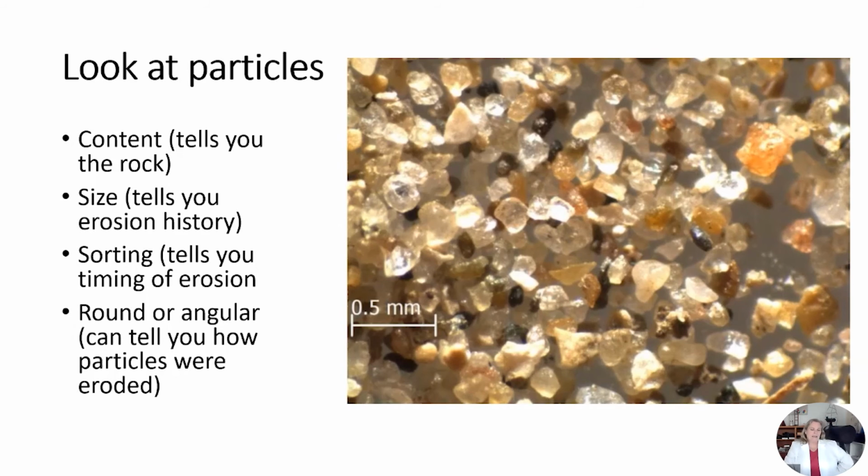So again, if you've got a hand lens or a microscope, it does help. And again, you can do this not just looking at sand, but even looking at buildings. If you've got brick around you or other stonework, just start looking around. See if you can tell what the rock is telling you. The size tells you about the erosion history. The sorting is the timing of the erosion, and how round or angular it is tells you how those particles have eroded,